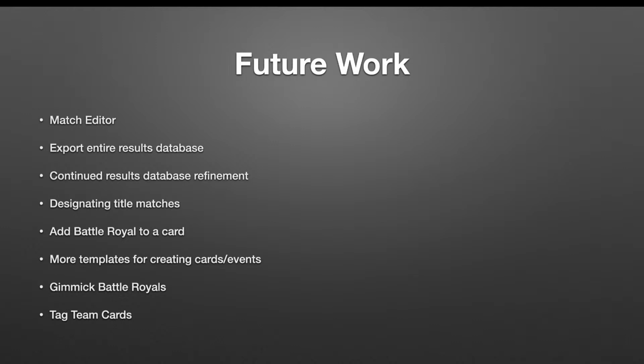And then more templates for creating cards and events. One suggestion was, it'd be cool if the cards that we export and work on look like an old school event poster from back in the day. So I think that's pretty easy to do. I've structured the card editor in such a way that you can create your own templates. So I'll create an example of an old school event poster, and then maybe in the future I can do a live stream or something just showing how to create your own template to make it look however you want. Also, gimmick battle royals, so things like Bunkhouse Stampede, Steel Cage battle royals,